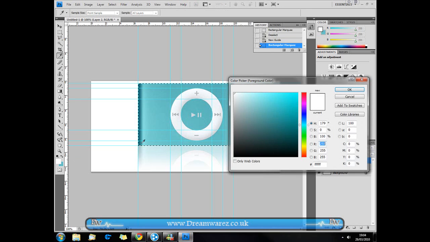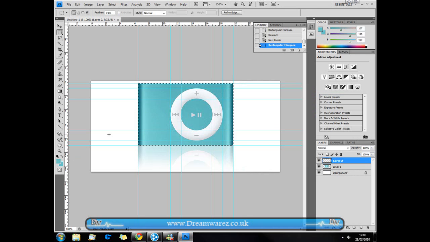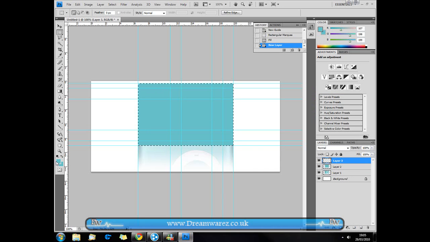Now we're going to go to our foreground color, use our color picker to sample some of the color from this original image here, or if you want you can use a color of your own, such as green or orange or any other color really that you want to use for your iPod. But in this case I'm just going to use the color that we have in this image already. Then press Alt and Backspace to fill the selection, and then we're just going to create a new layer,